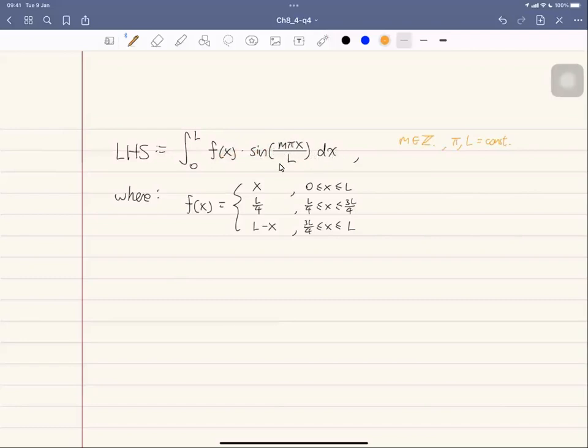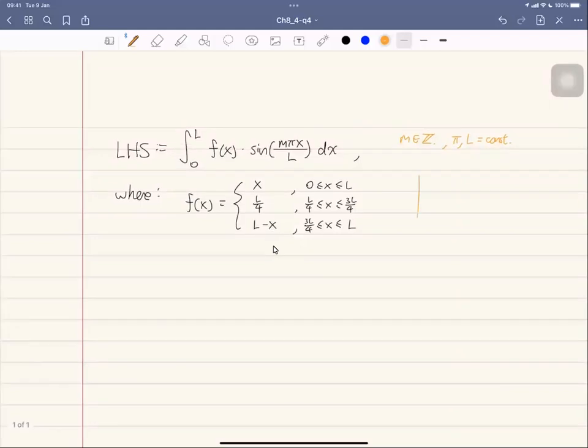This comes up in a lot of Fourier transform type integrals as well. It turns out to come up here in projecting out the coefficients in PDE. And we need to integrate through dx. So what is f? f is a function. It's a piecewise function, and it's